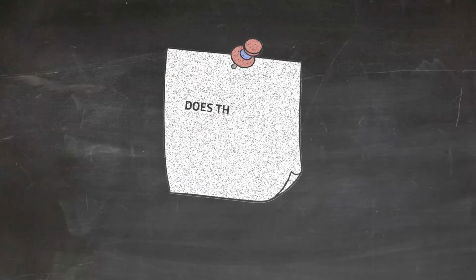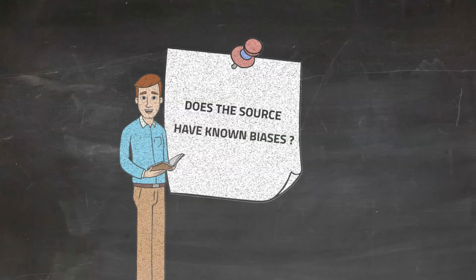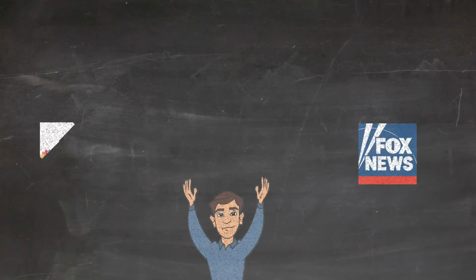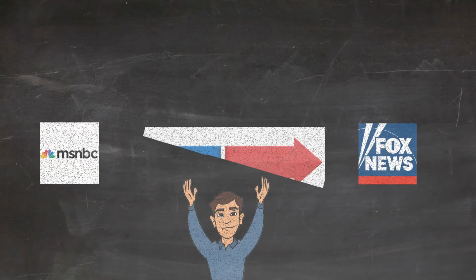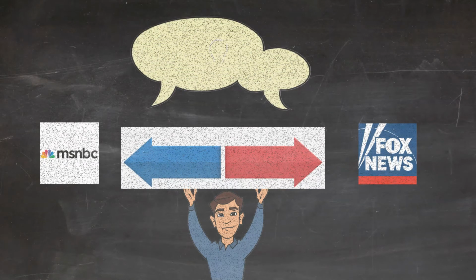Next, ask yourself, does the source have known biases? Sometimes, just knowing whether the source historically has biases can be enough to inform how you should read an article. For example, sources like Fox News and MSNBC are known for leaning far right and far left, respectively. This knowledge can help readers to take a pause as they read their articles and to think critically about the